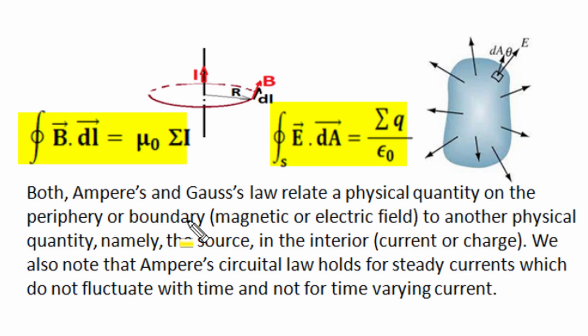Ampere's law relates magnetic flux density on the boundary of a closed line path with the enclosed source current, and Gauss's law relates electric field intensity on the boundary of a closed surface with the total amount of charge enclosed in that closed boundary. So both are quite identical in application approach,